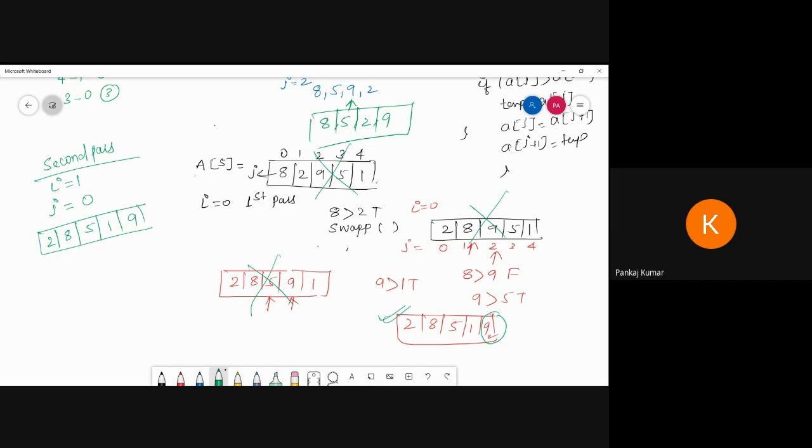Then again searching. 2 greater than 8, false. 8 greater than 5, true. Then 2, 5, 8, 1, 9. Then 8 greater than 1, true. Then it will be 2, 5, 1, 8, 9. Then false, then it stops. Then my third pass array will be this one. This is for the third pass. Like the fourth pass, the array will be this one.